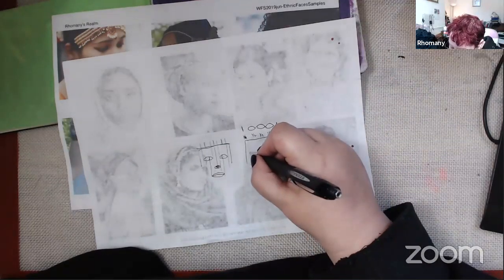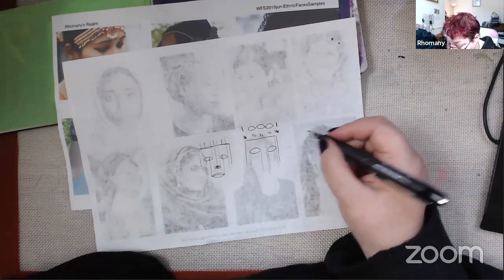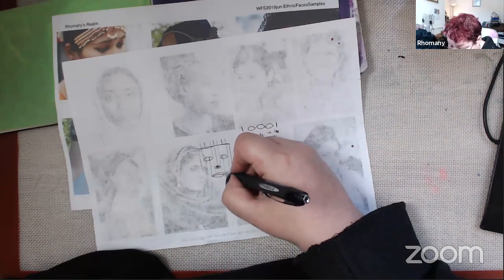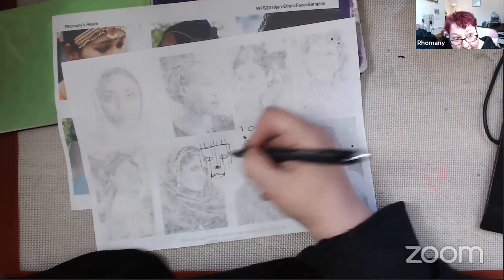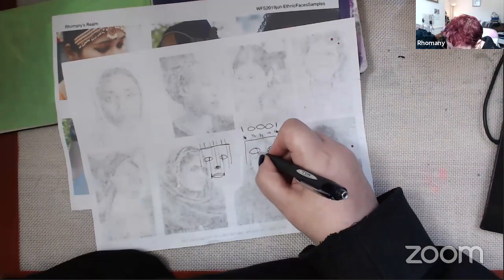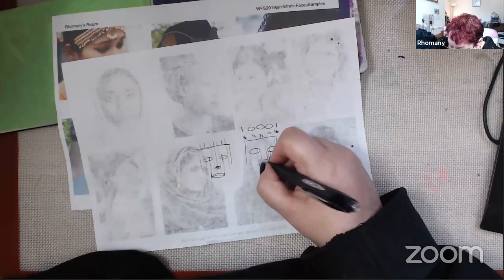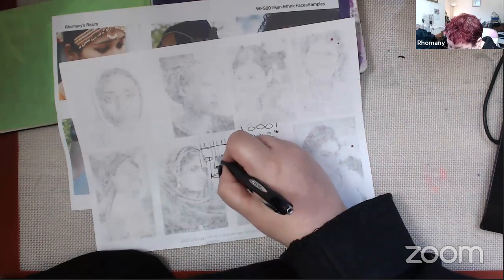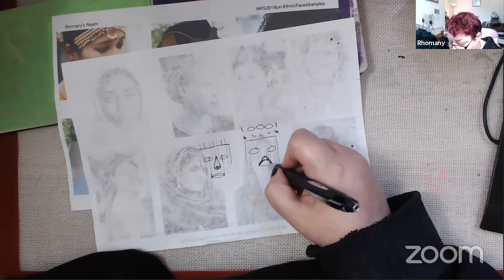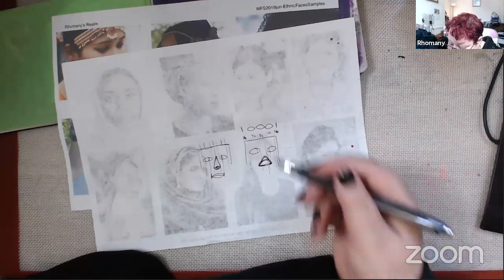Now, if you draw the eyes like that for a black person, what you'll find is actually the nose comes out to where the lips do here. So the iris will actually be where the width of the nose is, and you'll find that their nose tends to be here rather than here. So you're looking at a much lower bridge and a much wider bottom piece of the nose. Okay. Because of that,